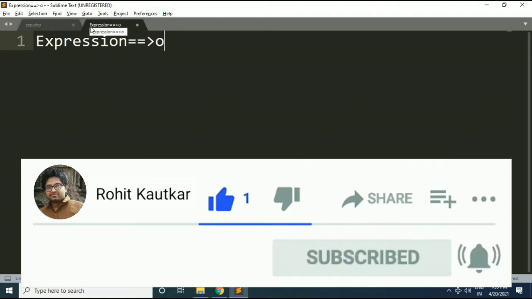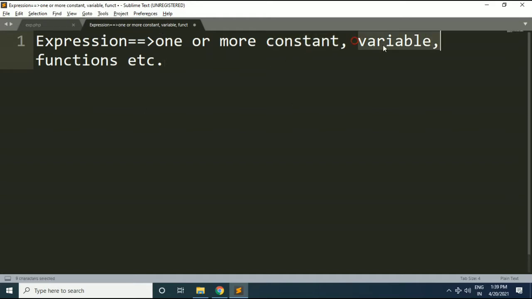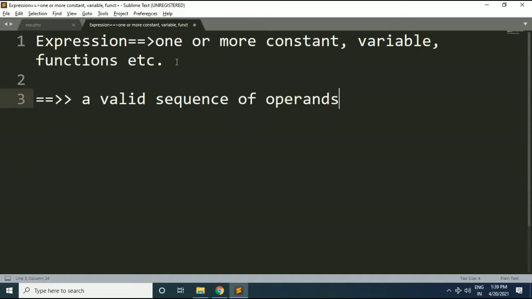So expression consists of one or more constants, variables, functions, etc. So your programming language must be able to interpret these constants, variables, functions, etc. Okay, so expression will consist of a valid sequence of operands.